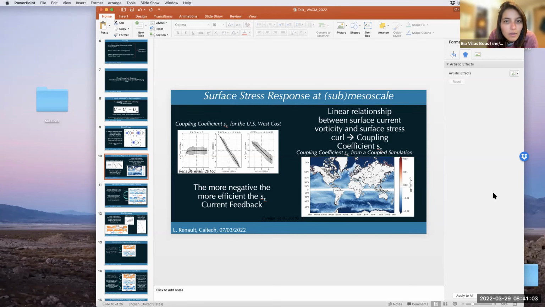Yeah, the time response is actually less than an hour. If you trust the models, it's a kind of direct response. And you can see it, for example, for the tides. I did a simulation with tides and coupling, and you can see that you can generate a tidal wind and a direct surface stress response and a direct wind response. So it's a very fast response. Thank you.